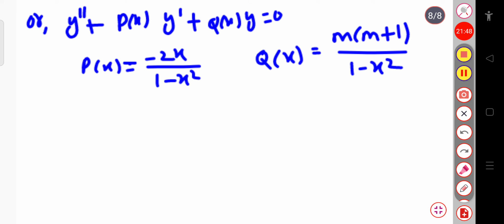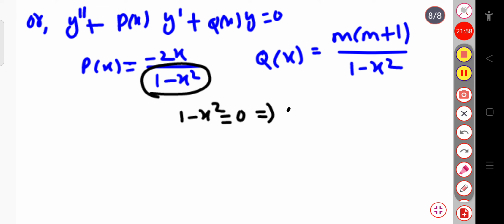So now let us check. So you will start from this part. So now you have to just put 1 minus x square term to be equal to 0. So since 1 minus x square equal to 0, you can write x square will be equal to 1, or simply you can write x value will be equal to plus or minus 1. Okay, so this x equal to plus or minus 1, these are called the singular points.